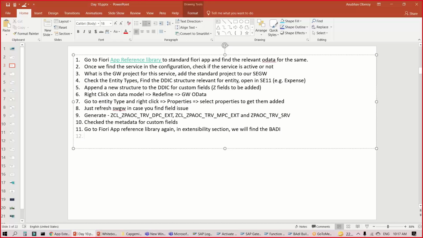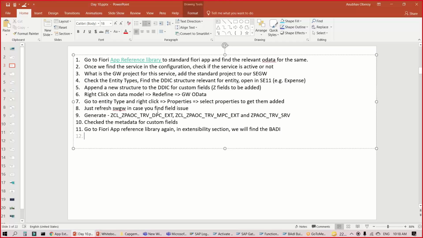These classical ERP BAdIs are always present in the system in your company, and they are still the way they were before, with minor enhancements being done. So this is a classical ABAP concept, not a new concept with OData, and we can use them for extension purposes.